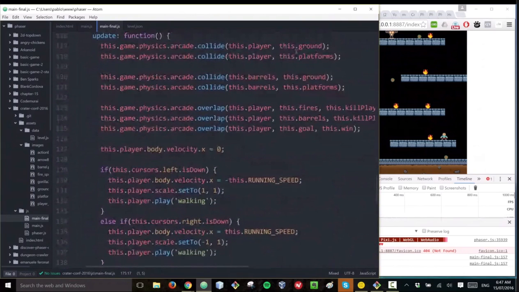So we've got collision between the player and the ground, the player and the platforms, the barrels on the ground, the barrels on the platform, same thing with the fire. But now we've also got a callback. So overlap: the difference between collide and overlap is that on collide, the bodies actually crash. As you saw, the momentum gets passed along. Whereas in overlap,